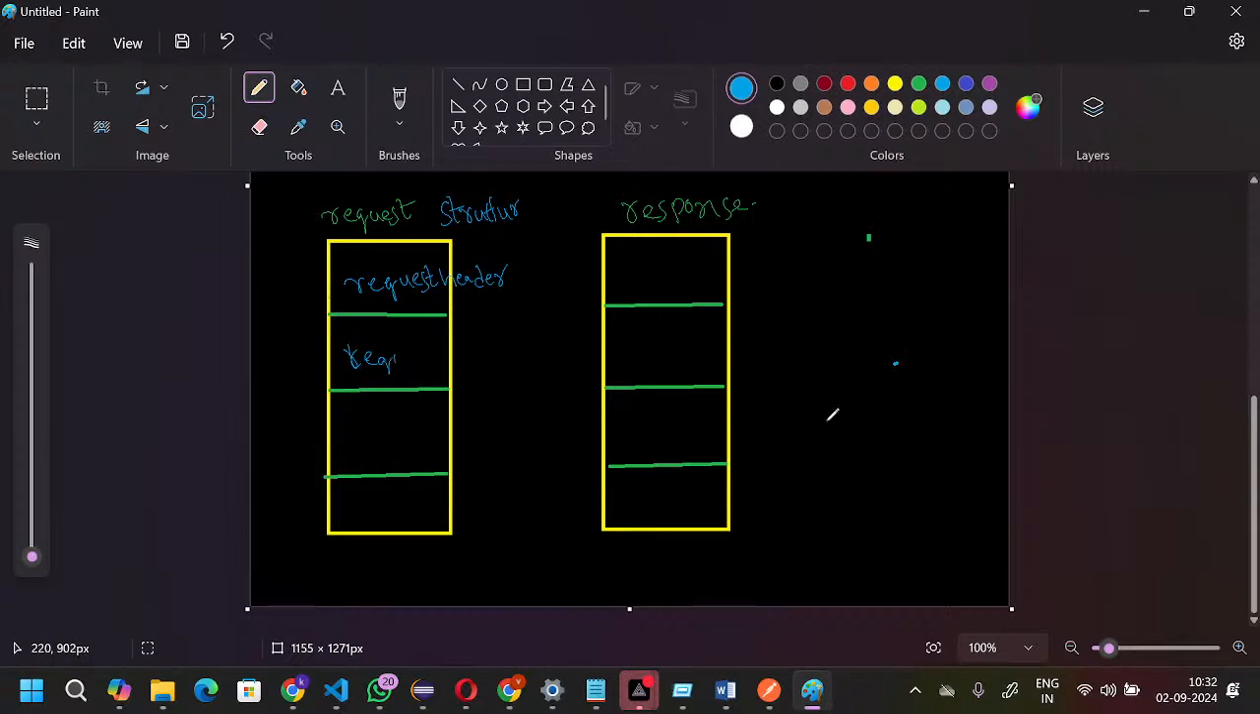Request line. Here we'll be having some request space, and here we have the request body. Are you guys clear with my point? So how will you send the request? For example,